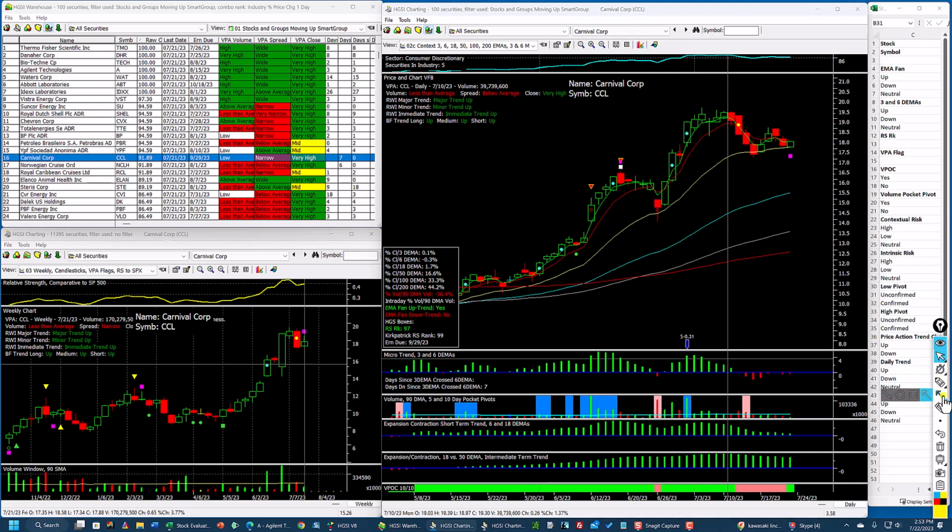I'll bring this arrow up. The EMA fan trend is up. Here's the 200, the 100, the 50, and the 18. It's resting on the 18. The 3 has not crossed above the 6. We've had these down days here. It tried to move up, but